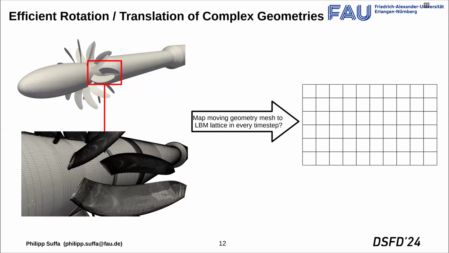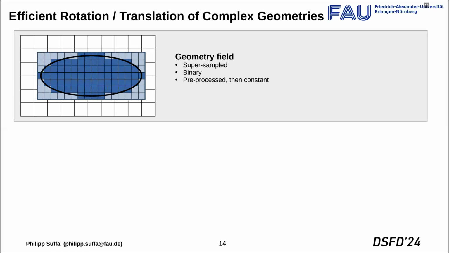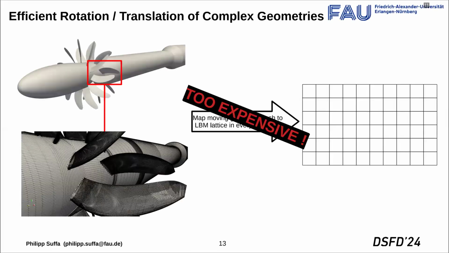But this is super expensive. This is not what you want to do, because then you have to do a voxelization in every time step. So this is just too expensive. So what we instead do is introducing a geometry field, and we map this geometry mesh,